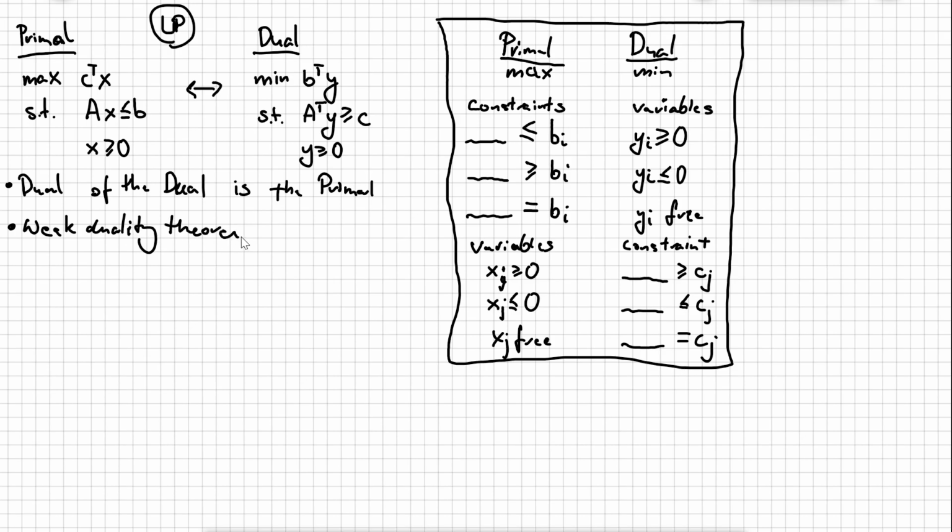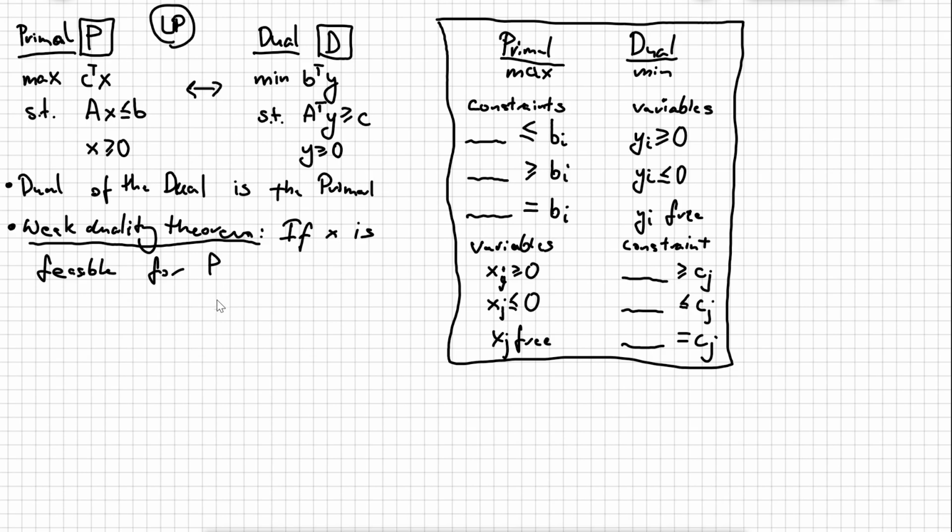The weak duality theorem says that if x is feasible for, let's call this primal problem P, and let's call this D for dual, if x is feasible for P and y is a feasible solution for D, the dual problem, then